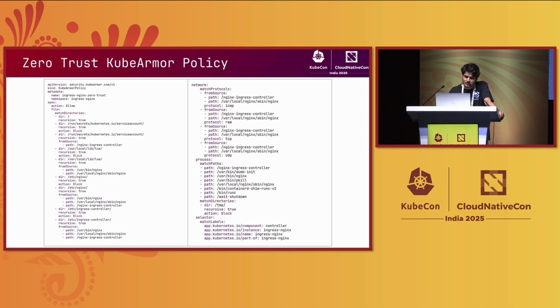Look at this example zero trust policy. This is a very powerful policy that targets the Nginx ingress controller. In fact, we created this policy to mitigate the risk of the IngressNightmare vulnerability. Look, imagine creating these kinds of policies with these granular controls for hundreds of microservices running in your cluster, either manually or even if you have an automated system that observes the application behavior at runtime and comes up with these kinds of policies. There will be a training period. There will be maintenance time. So creating zero trust policy is a challenging task.